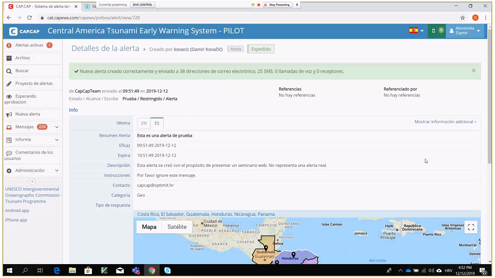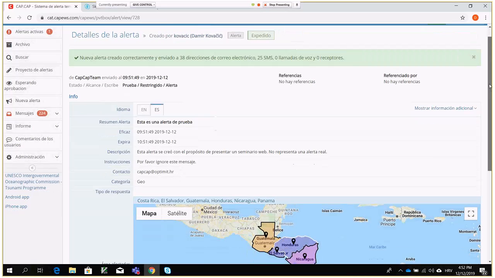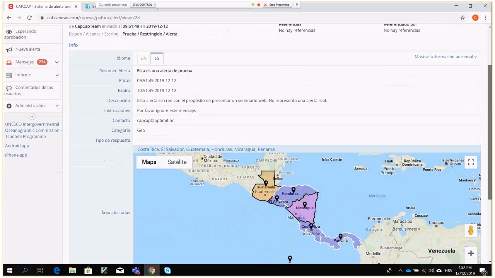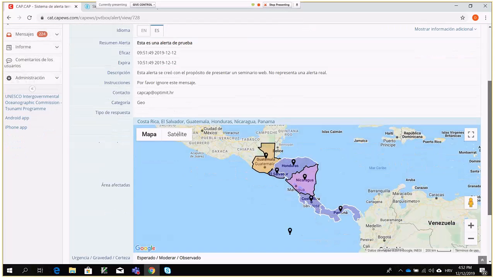Now, this is essentially a way how you can manually send an alert from this system. What is also, and how it's typically configured, is really to automate generation of alerts from tsunami warning centers. So that was essentially the primary purpose of this system. To do that,